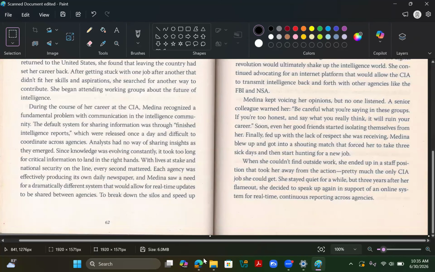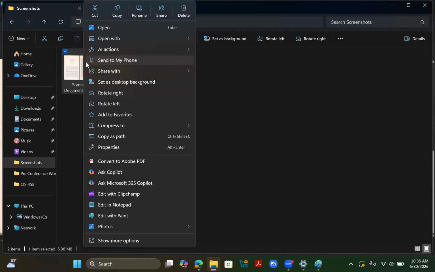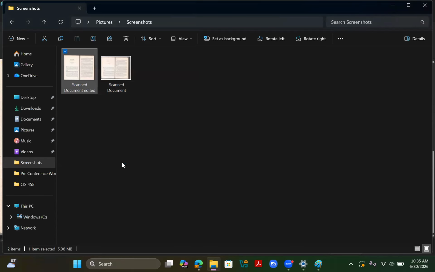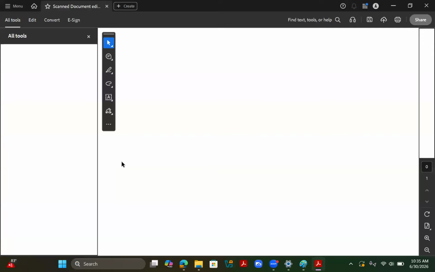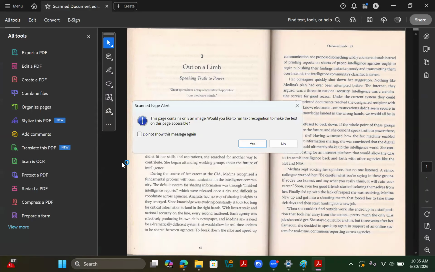Now I have the document saved. I would navigate to my screenshot folder, right click on the scanned document edited, which is the document I just edited in Paint, and click on convert to Adobe PDF. If you don't have that option, there's a high probability that you do not have the Acrobat Pro version. And so I would advise that you reach out to IT, because as faculty, you should have access to the